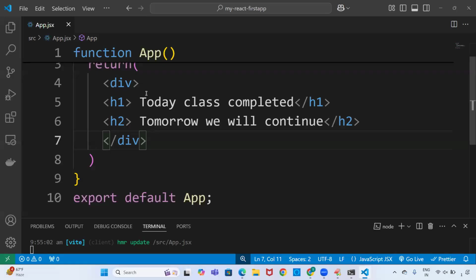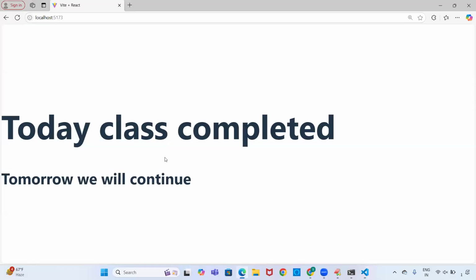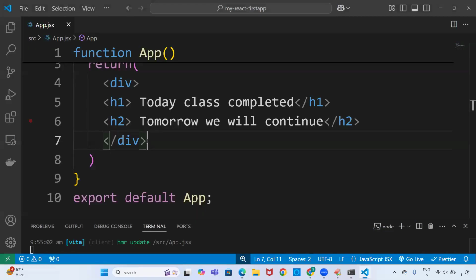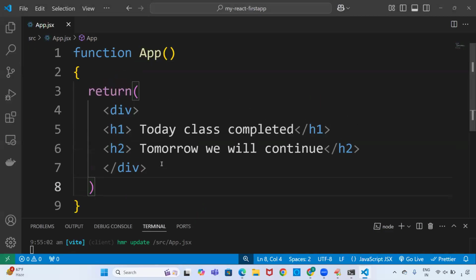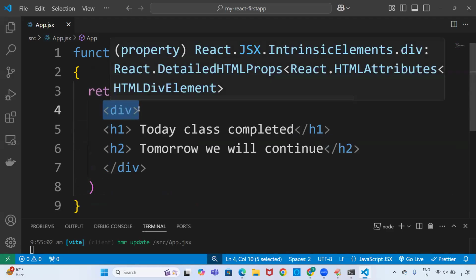After wrapping into the div tag, you can open the browser. We got the output, right? Today class is what? Completed. Tomorrow you will continue. Yes, that is called React, your first example, guys. But here we will not use the div tags. We will not use what? Div tag. The problem with the div tag is the problem with what? Div tag is